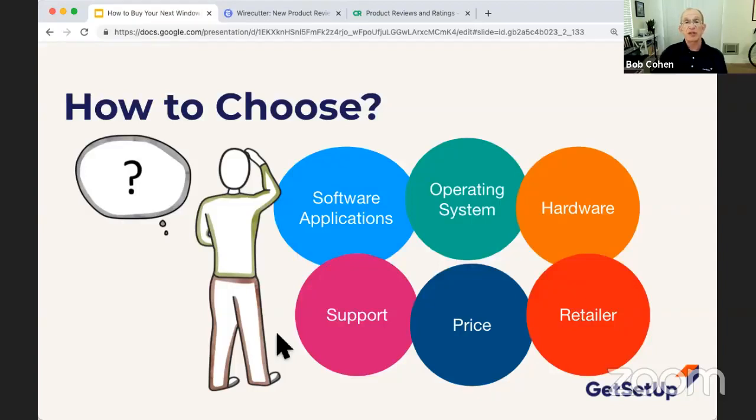There are really about 6 things that are factors to consider in your decision, and they're more a matter of what's more important to you: the software you use, the operating system. There are typically 3 common operating systems for PCs: Windows, Mac, and Chromebooks.